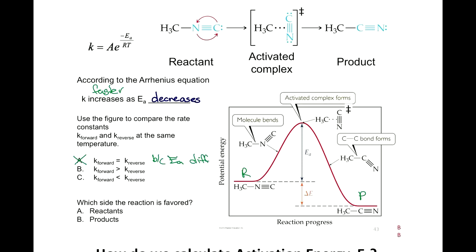So which one is faster? The forward reaction or the reverse reaction? Just think about a hill. You want to walk up a hill. Which one are you going to walk up faster, in the forward direction or the reverse direction? The forward, yeah. So here, the rate constant for the forward direction is faster than the rate constant in the reverse direction. Okay. All right, so the reaction goes faster in the forward direction than it does the reverse